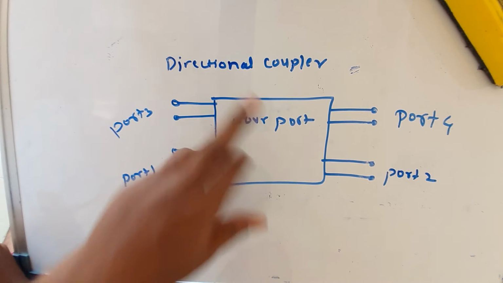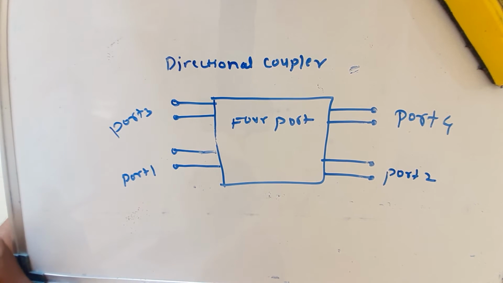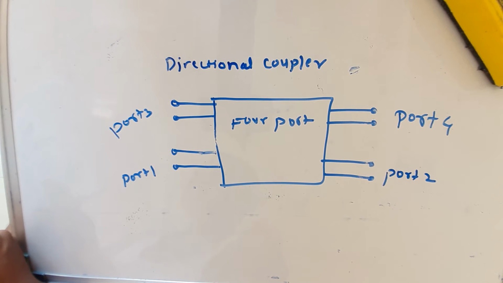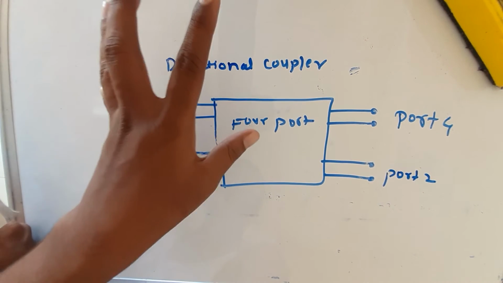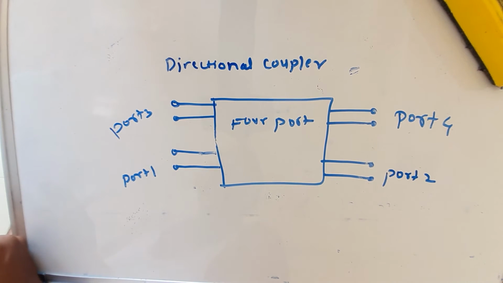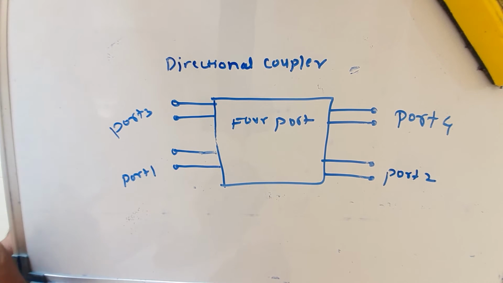So basically a directional coupler is a 4-port junction device which is lossless and is used to measure power by sampling incident and reflected microwave transmission signals, which will be measured accurately with minimum disturbance in transmission lines. So whenever we connect this directional coupler inside the waveguide, it will be used to measure the incident power without disturbing the transmission line signals.